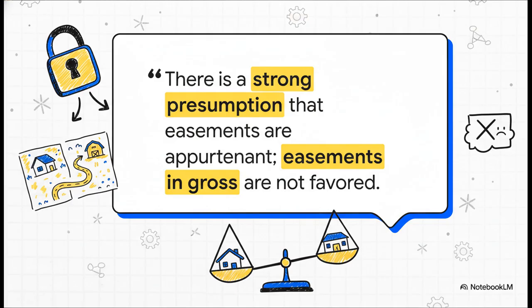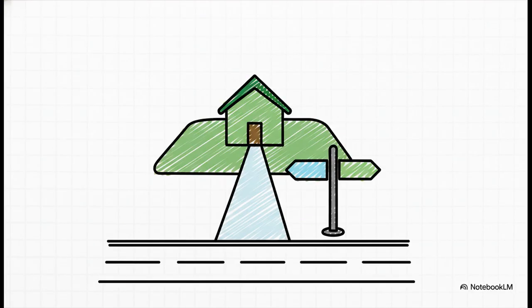So what happens when the document is kind of vague? Well, the courts have a default setting. As the court said in a really important case called Green v. Lupo, there is a strong legal presumption that easements are appurtenant. Basically, courts don't really like personal easements, those easements in gross, because they prefer to keep the benefit attached to the land. It just makes property rights way more predictable and stable for everyone. The big lesson from that case is that the purpose of the easement is often the biggest clue to what the original parties wanted. I mean, an easement for ingress and egress, that's just lawyer speak for getting in and out, is pretty clearly meant to benefit the land itself. After all, why would a person need access if not to get to their property?